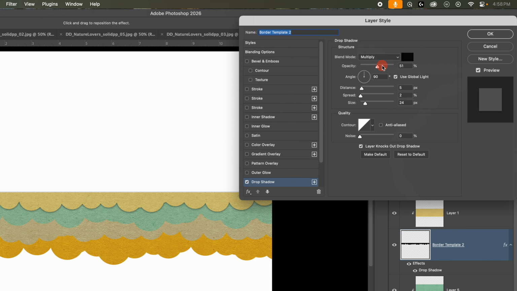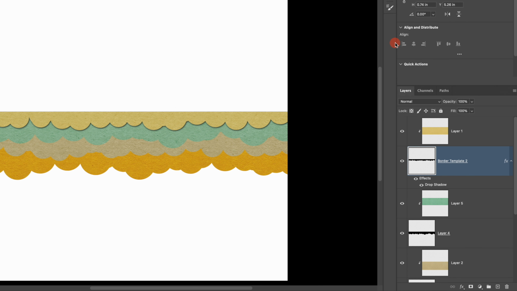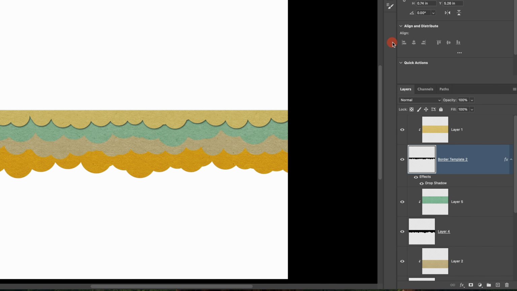And here you can enter these settings. For the blend mode, I'll set it to multiply and the opacity to 72%. I'll set the angle to 120 degrees, set the distance to 7 pixels, and I'll set the spread to 2% and the size to 18 pixels. Then just click OK. To copy the shadow to other border layers, hold Alt, Option on Mac, then click and